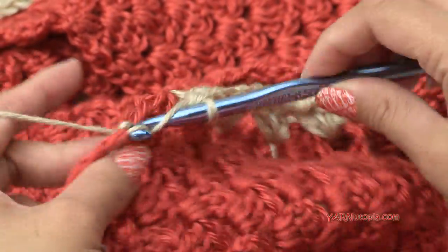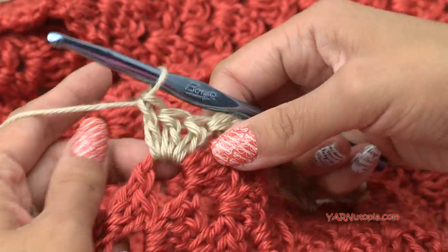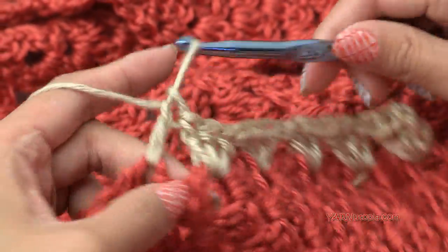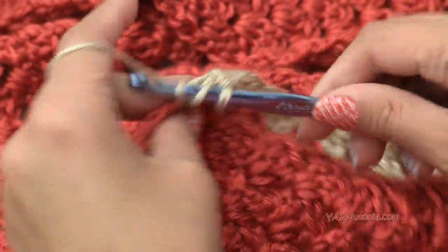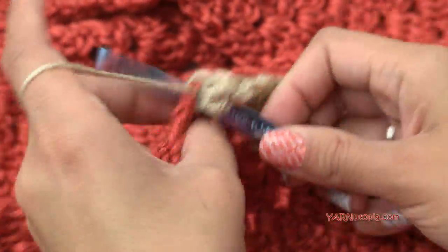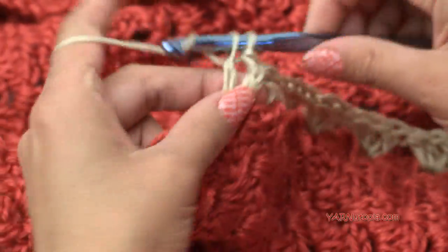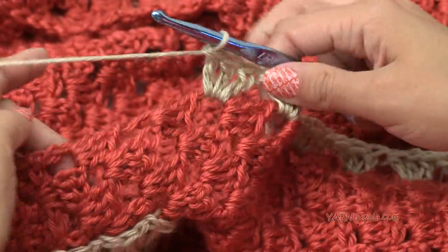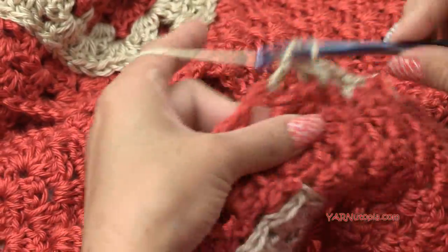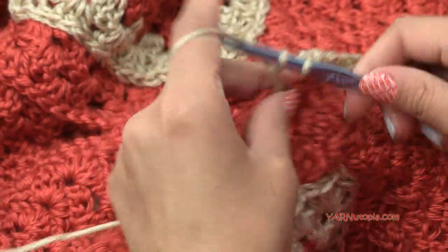Okay, so skip over those 3 double crochet groupings, go into these spaces for 3 double crochets. And then once we get to, let's see, I think I did 20 rows of this, so we're halfway there. I'll show you when we get to the other types of stitches, because they are going to be turned then. I'll show you what I mean. Once we get there, there are 3 more groupings here. Okay, so I'm just skipping over those,